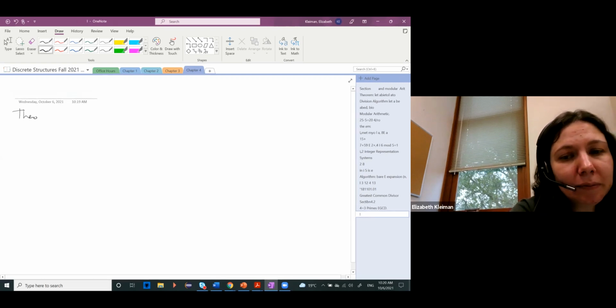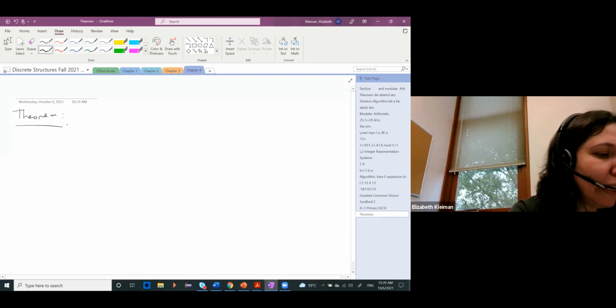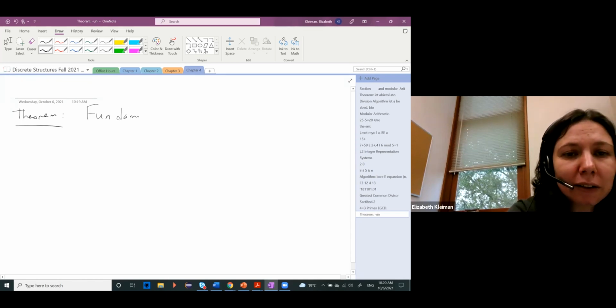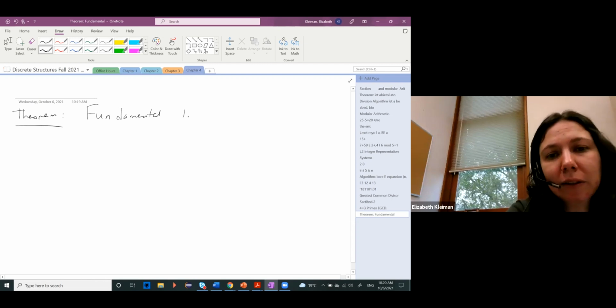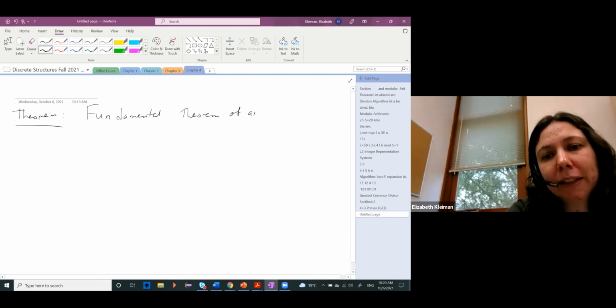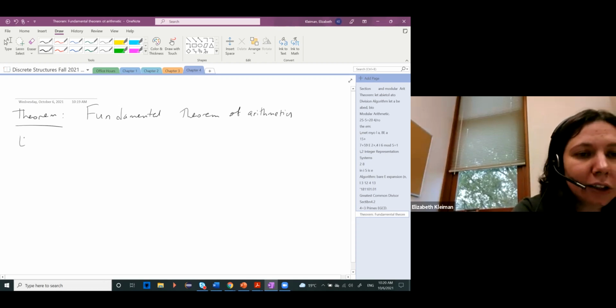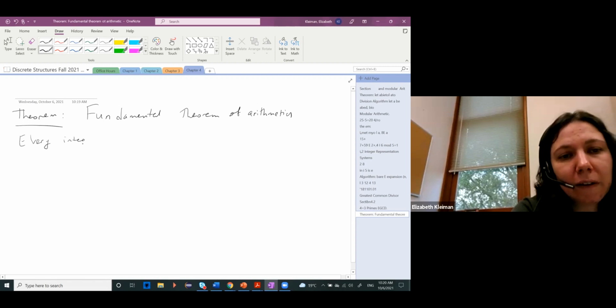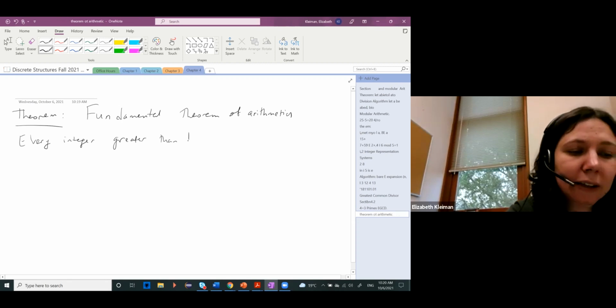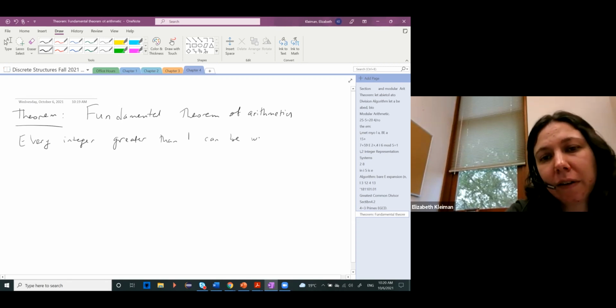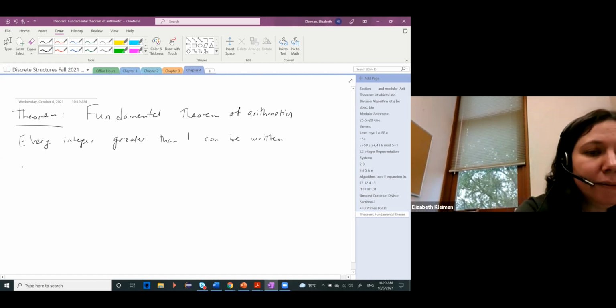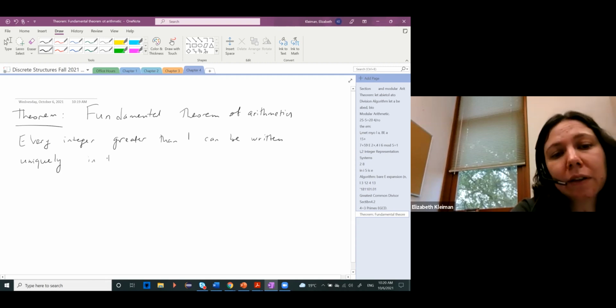So, theorem. And I'm running out of time, but we will write it and we will talk about it next time. It's called the fundamental theorem of arithmetic. And it says every integer greater than 1 can be written uniquely in the form